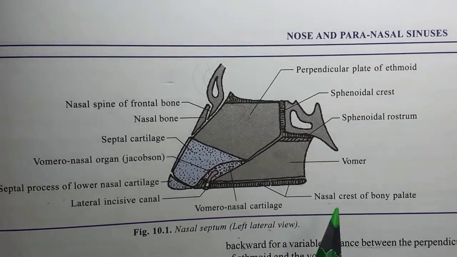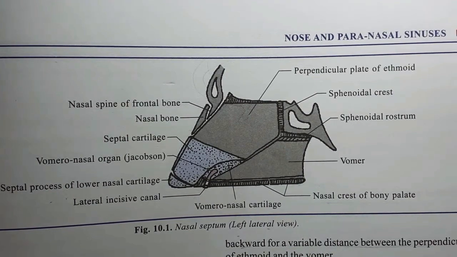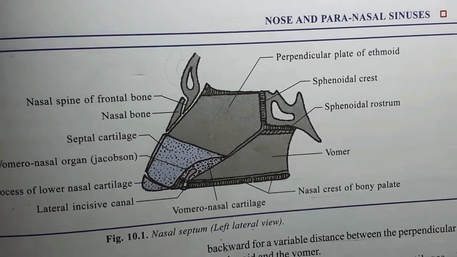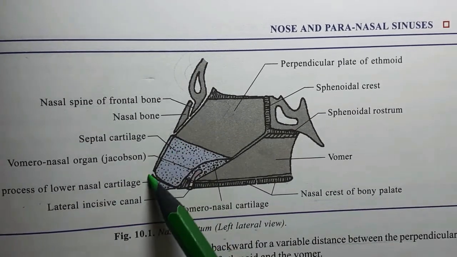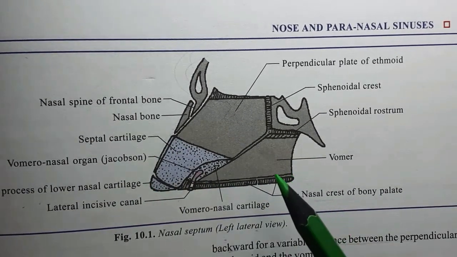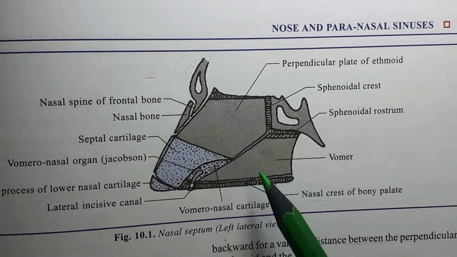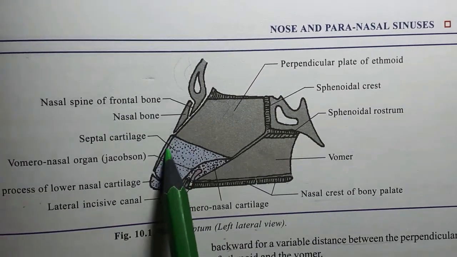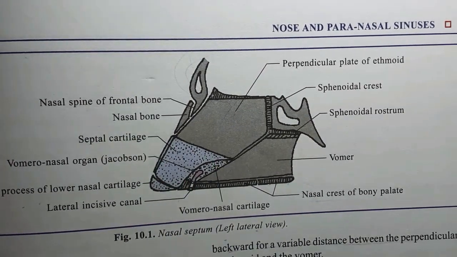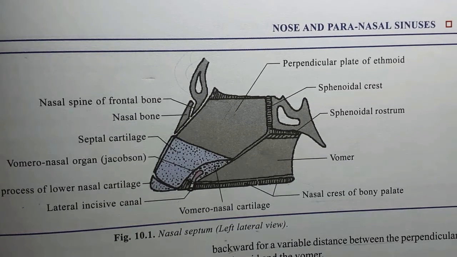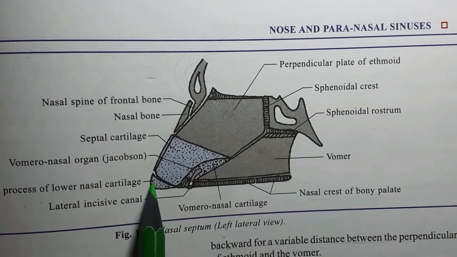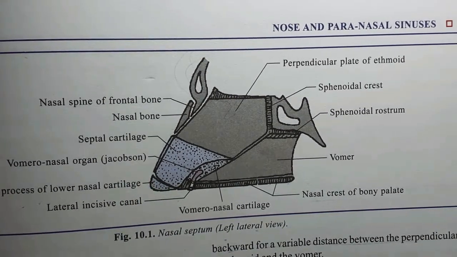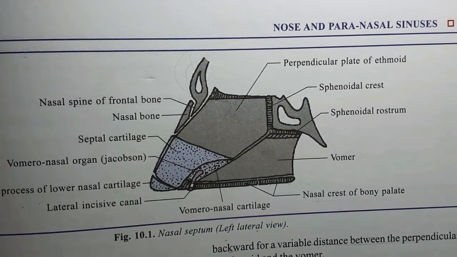These bones fuse to form the nasal crest of the bony palate. So let's see the cartilaginous part. You can see the anterior and the inferior, or the antero-inferior part of the nasal septum is cartilaginous. The septal cartilage is the major cartilage that forms the cartilaginous part of the septum, and the septal process of the lower nasal cartilage is another minor cartilage, and sometimes a vomeronasal cartilage also intervenes between the vomer